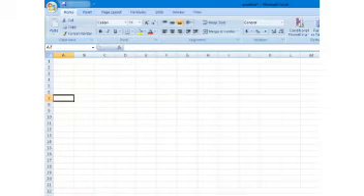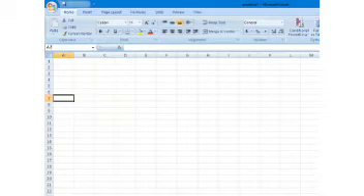Now you can see here I have kept the cursor at the 7th row, A is the name of that column and 7 is the row. So A7 is a cell address. If you want to go to a specific cell in the worksheet, you can make use of the name box also.